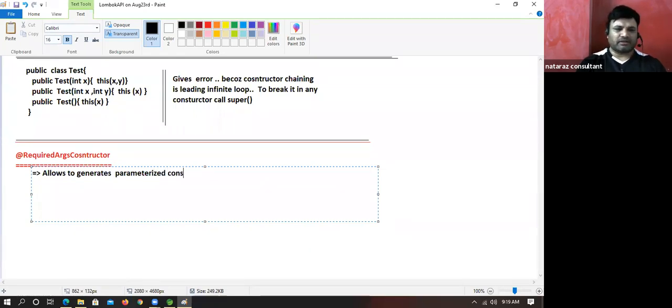Okay, a constructor involving our choice of number of properties or fields.